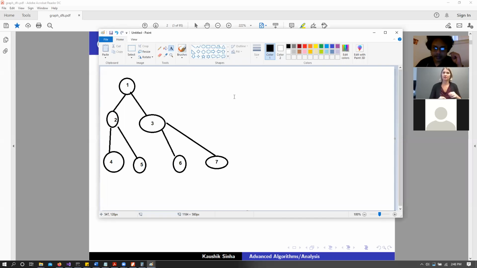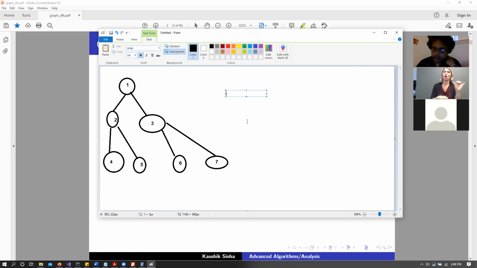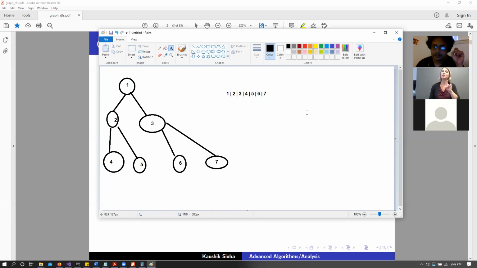But I can also represent this particular tree as something like this. Let's say that I have the first node here. I have 1. The next values are 2 and 3. Those are the children for my node 1. Now for node 2, I can have 4, I can have 5. So those are the children for node 2. And then for node 3, I can have 6, and then I can have 7. So this would be one way to represent this particular tree, right?